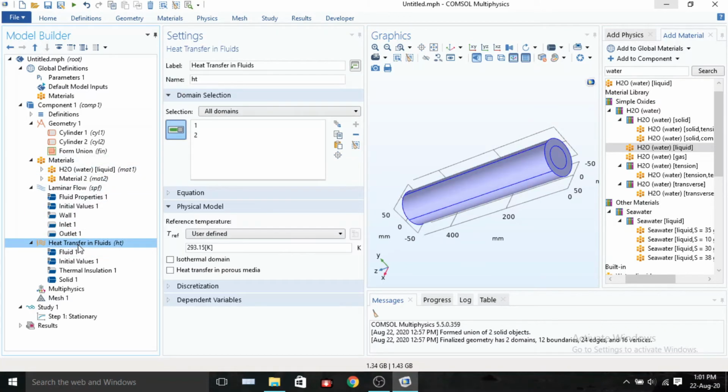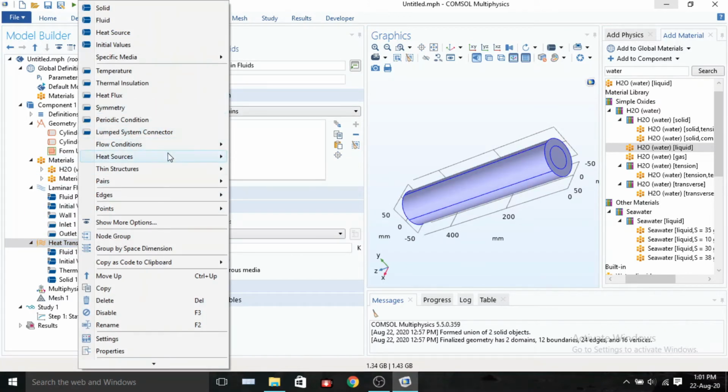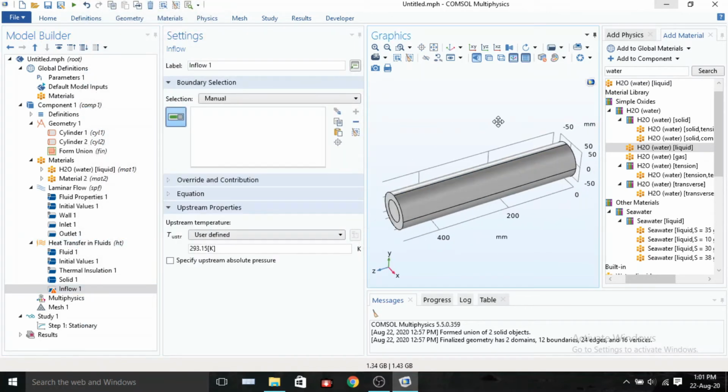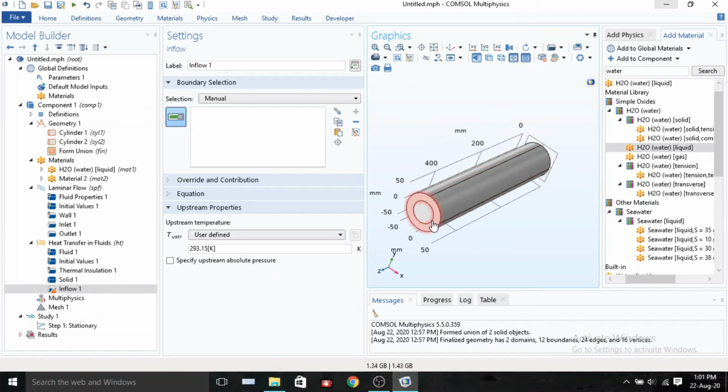Now go to heat transfer in fluids, choose inflow conditions, use inflow, use the one that we used as inlet, use 300 Kelvin for this.